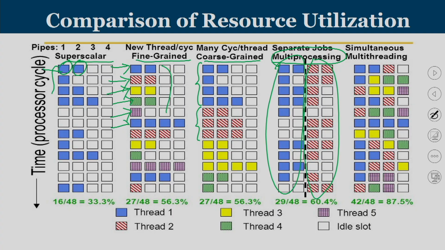Now, on top of this, I can apply multi-threading, where I can have 2 or 3 programs in one core itself, which will be context switching very fast. It can be fine grained or coarse grained, or the other concept is it can be simultaneous multi-threading, where I have multiple programs. It can be fetched in any order, decoded and executed in any order.